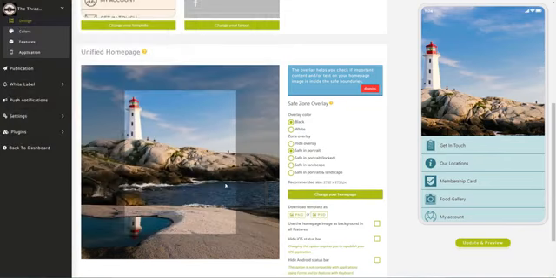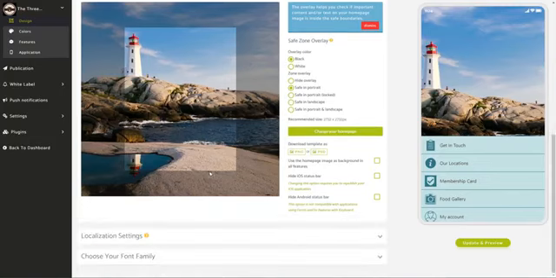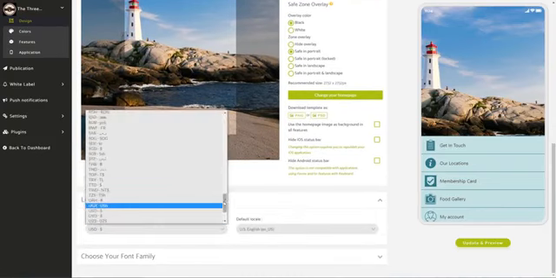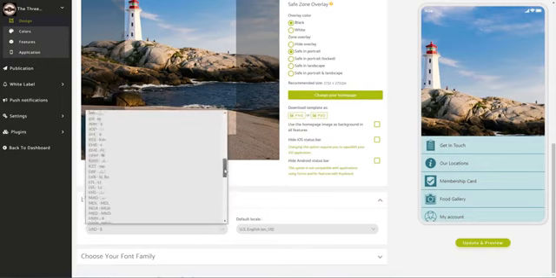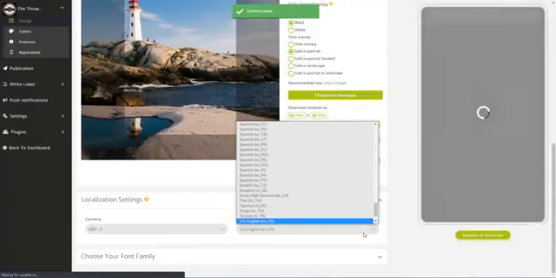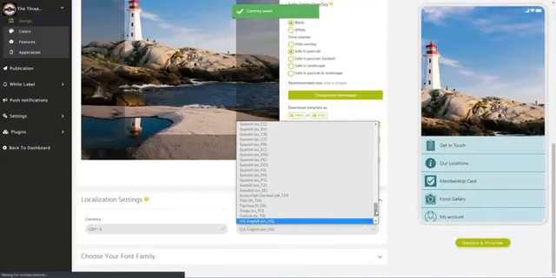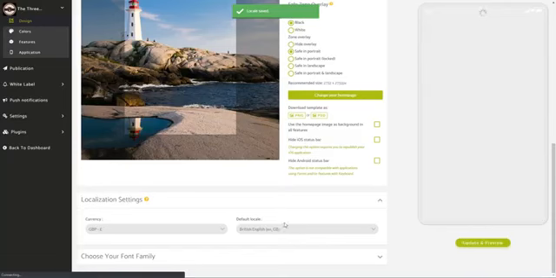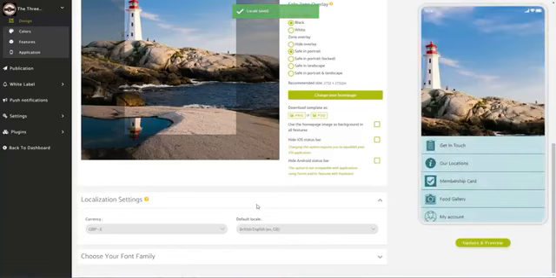So I've chosen that image, and all I would have done is click OK, and that would have added that image there for my app. So the localization settings, as this is a UK business, then I'm going to choose the GBP as the currency, and the language is going to be English. So I just need to find English in the list. Okay, and so I've chosen British English,